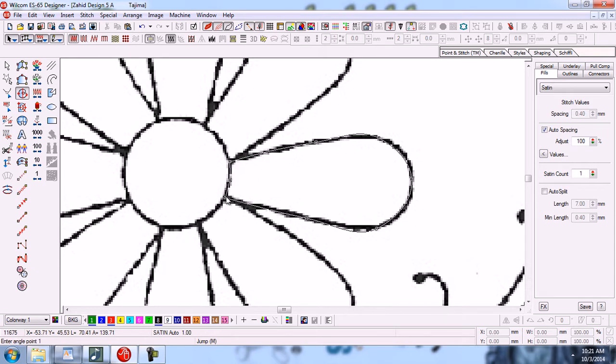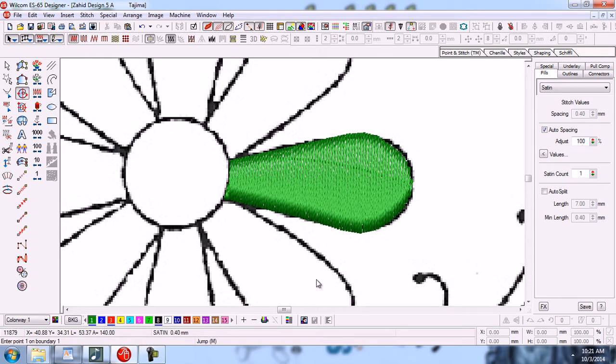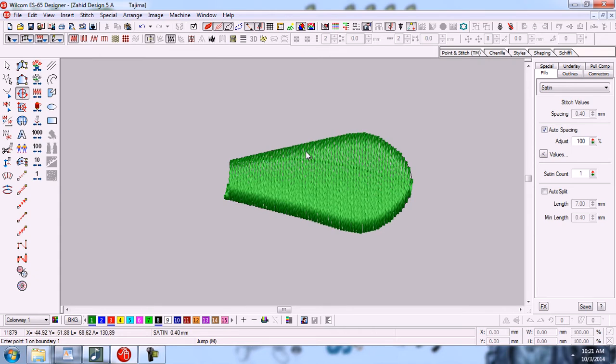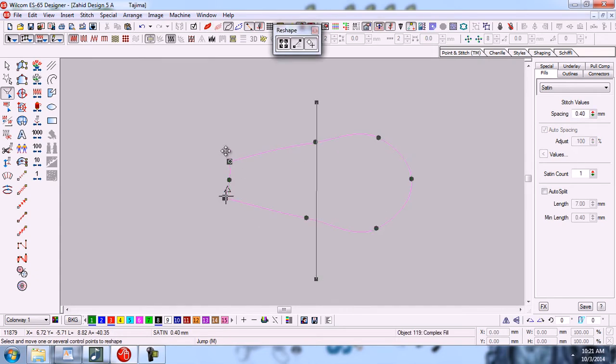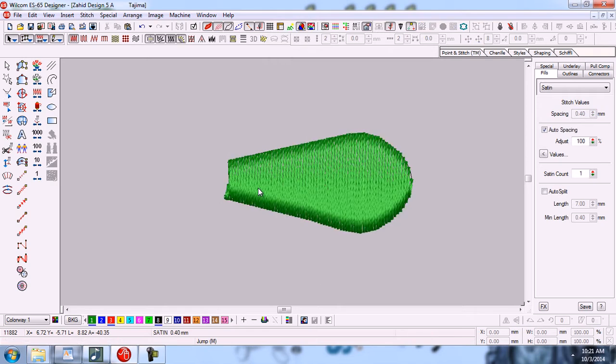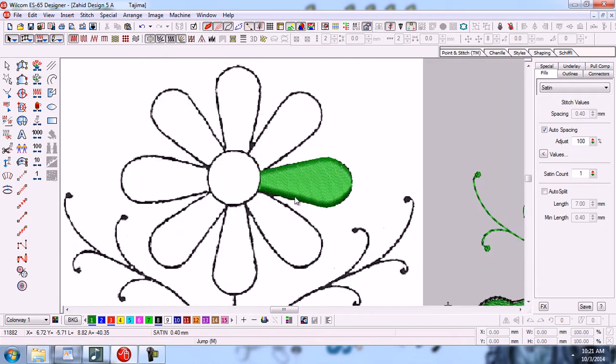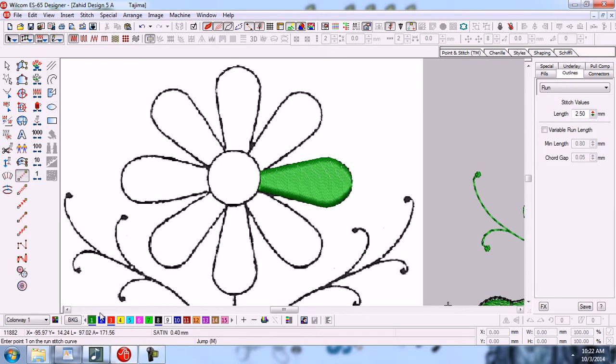Entry point, exit point and stitch angle, all these things you have already learned. So now you can see that we have made only one object. And now we will make a running stitch on its outlines also.